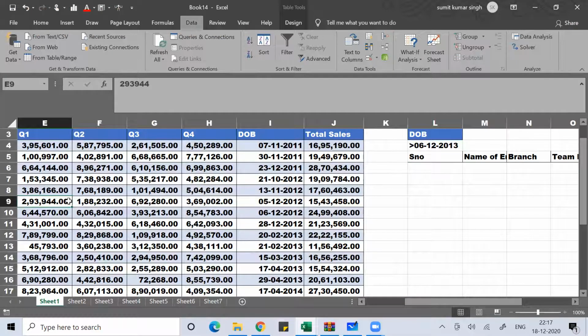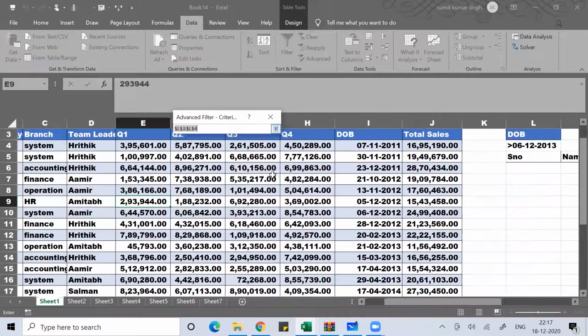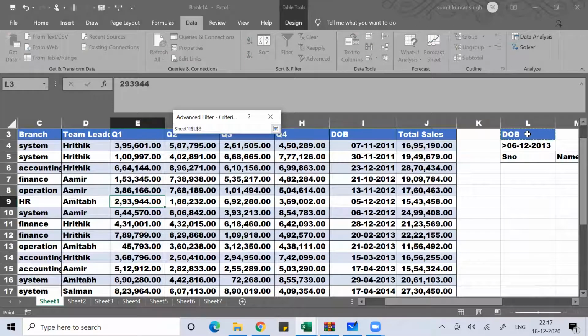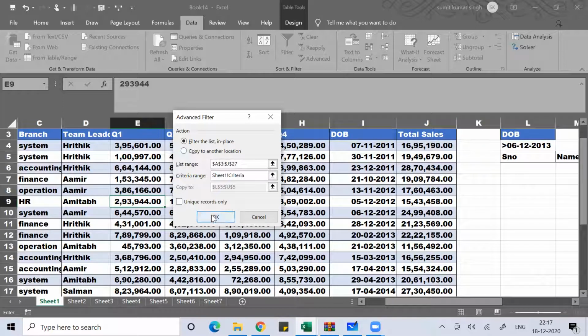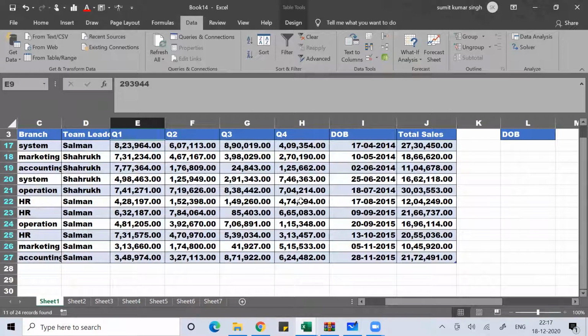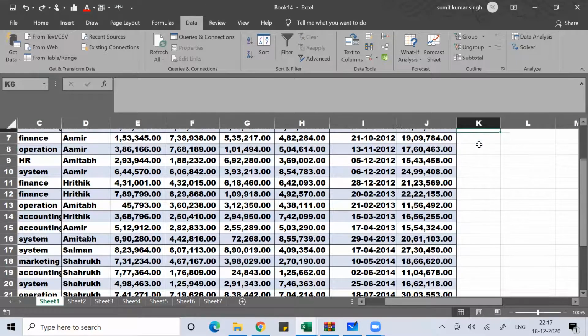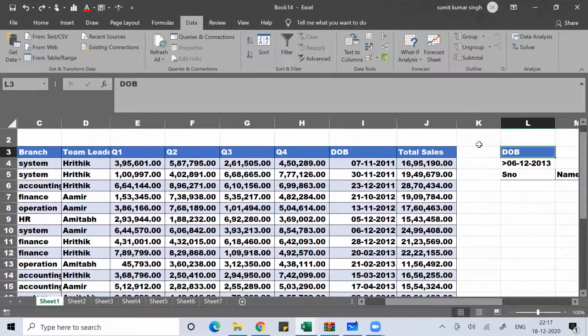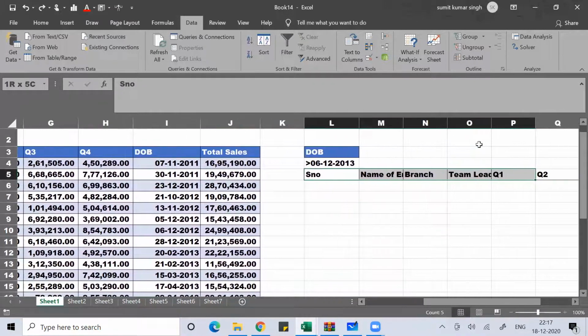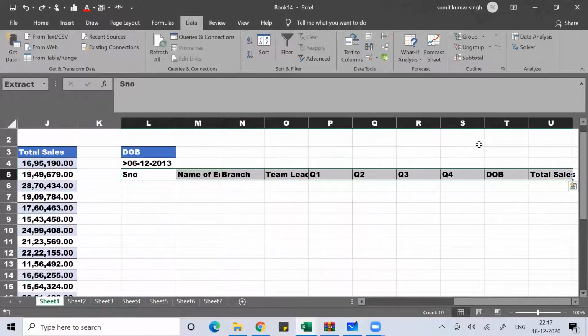So Alt A Q, criteria range, date of birth greater than 6/12/2013. So don't put space here. Don't put space here.